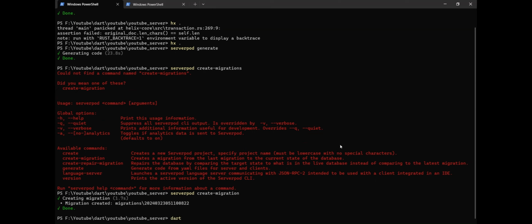Okay, so we have generated our code. We have created our migrations. Now, we will run our server. Hopefully, we will not run into any errors.